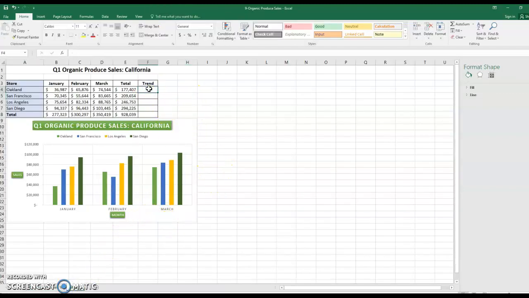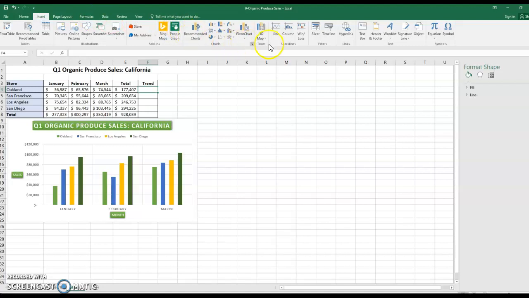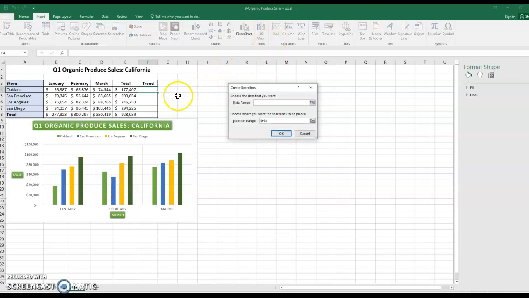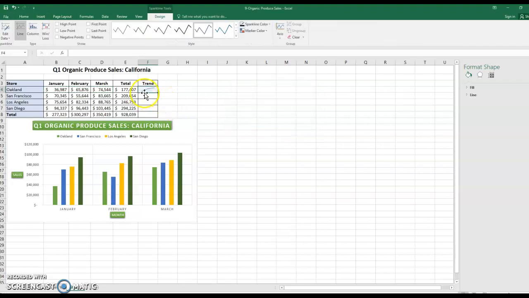Excellent. All right, so let's go back to sheet 1, which is where we started, and then we're going to click in F4. So this column is blank right now, and what they want you to do is create a trend line, which shows the trend of the 3 months, January, February, and March for each store. It does not include the total. So you're in F4, you'll click Insert, and in a group called Sparklines, you'll actually select Line. They want the data range. You're going to select B4, C4, and D4, and it indicates here that you selected data range B4 through D4. Click OK, and you have a line of what happens from January